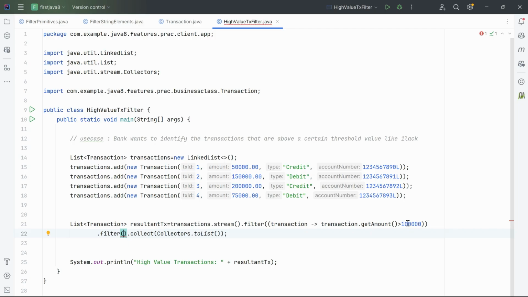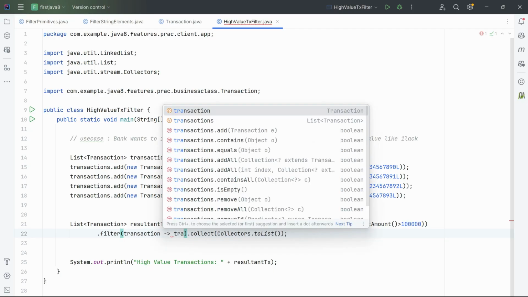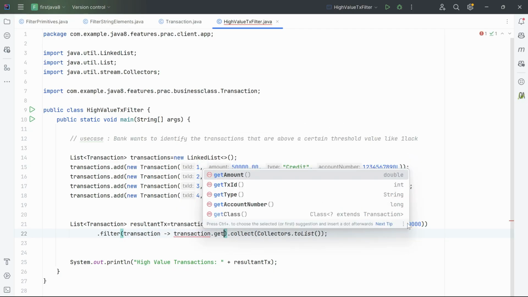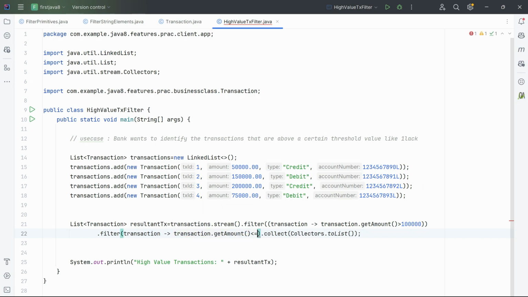So I'll write a lambda expression: transaction dot get amount should be less than or equal to 2 lakhs. Now I'll be getting the transactions between 1 lakh and 2 lakh. If the transaction amount is between 1 lakh and 2 lakh, I'll take them into a separate collection and display them. Okay, so let me go and run this